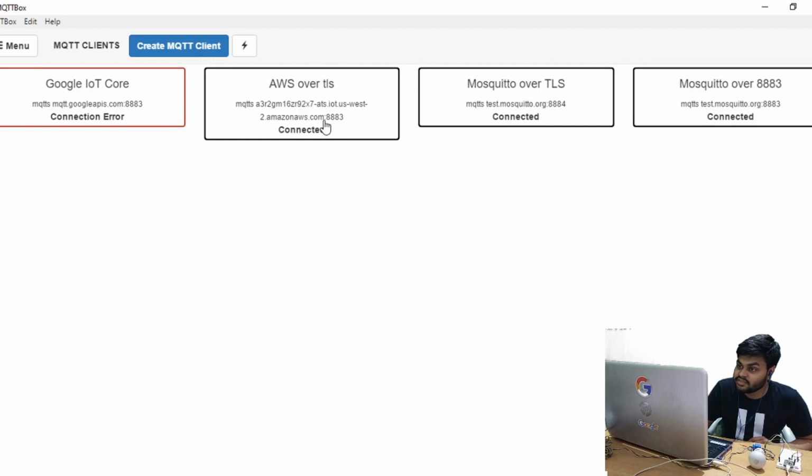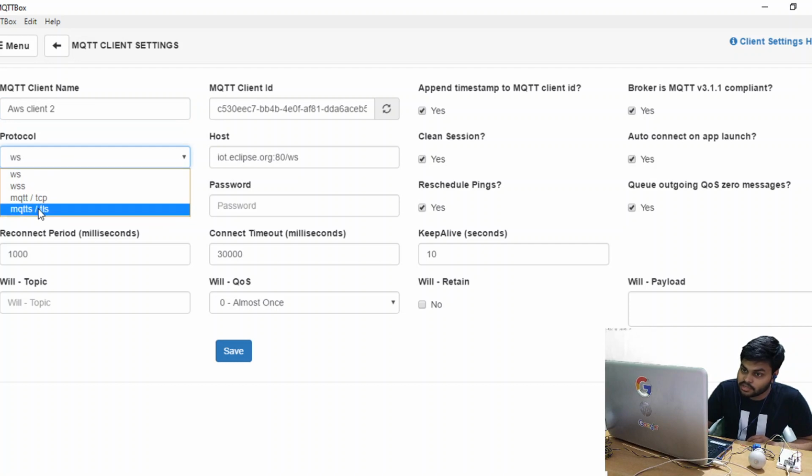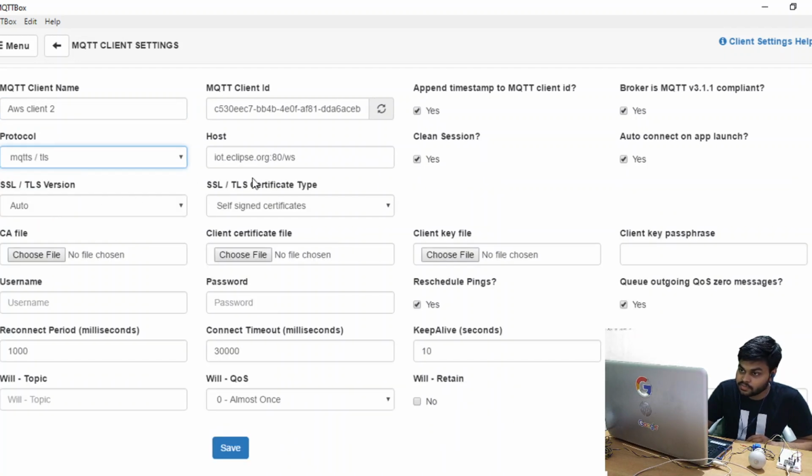I have already configured it and it is connected right here, but I will create another MQTT client and give you a demonstration. Let's name it AWS client 2. The protocol is MQTTS, that is, over TLS. Fine. So this is the host, port number, /WS.